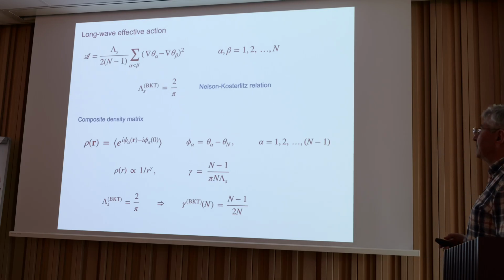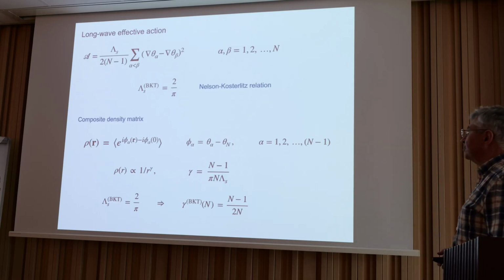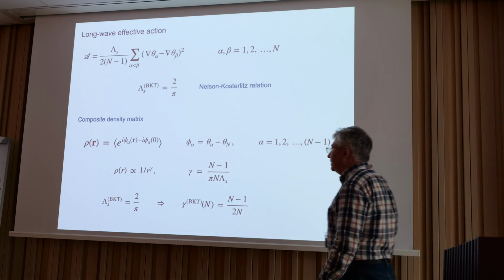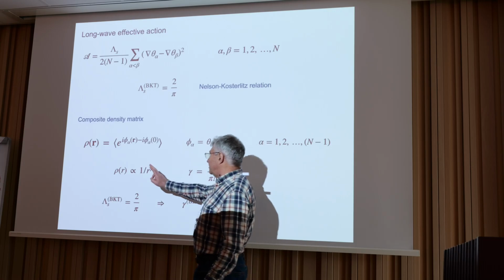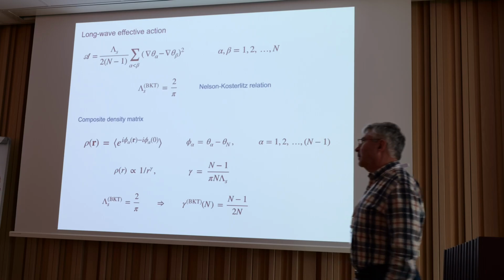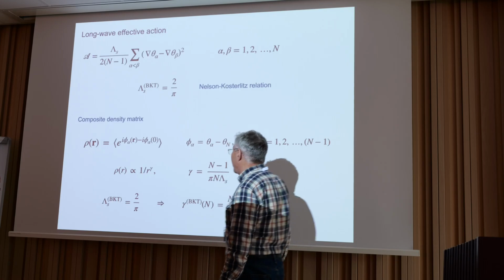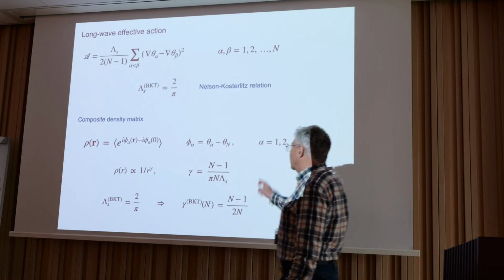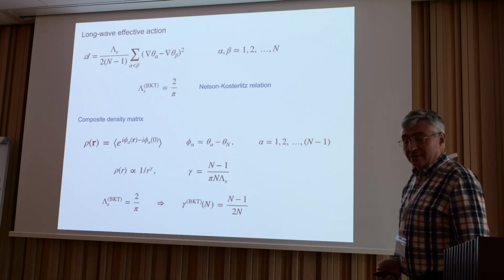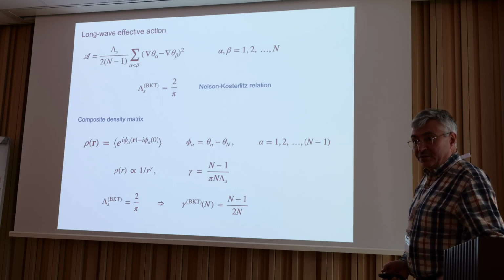There is an analog of the universal Nelson-Kosterlitz relation, some interesting relationship for the asymptotic behavior of the composite density matrix. You probably remember that in a standard Kosterlitz-Thouless transition it's 1/4. Here this gamma depends on the number of components. So that's the expression. But sorry, so you lose stiffness in all differences at once? Yes, because of the component symmetry.